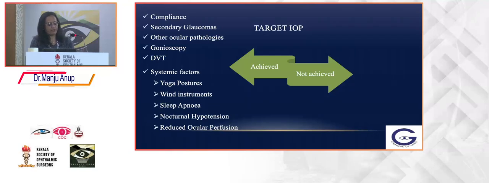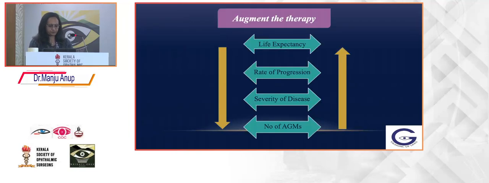Look for any evidence of reduced ocular perfusion, for which you may have to do a carotid Doppler, neuroimaging or cardiac evaluation. So once you have ruled out everything and you find that there is still a progression which you have to treat, then you have to augment the therapy. So before deciding what next, you have to consider the following factors: the life expectancy of the patient, rate of progression,